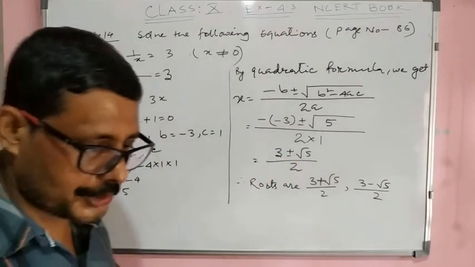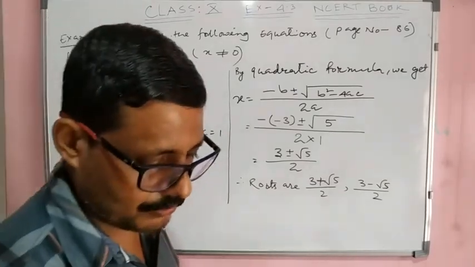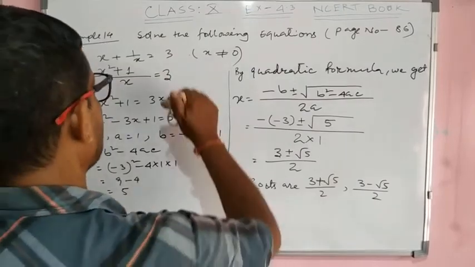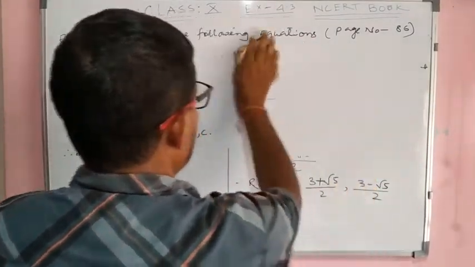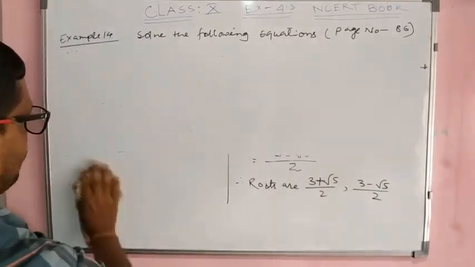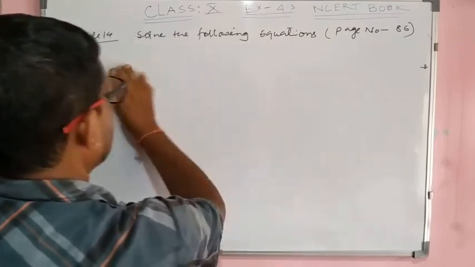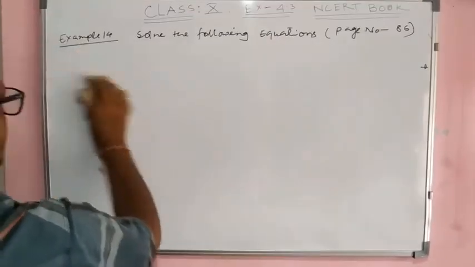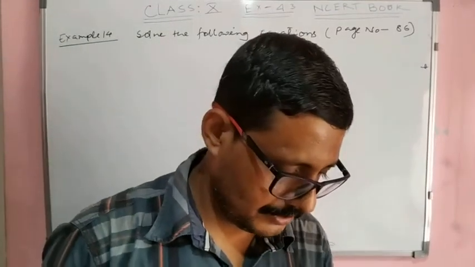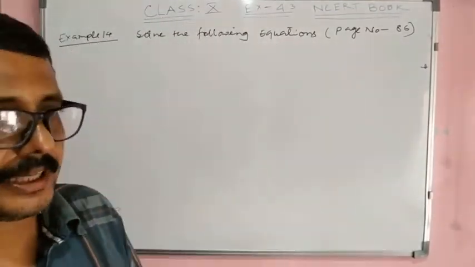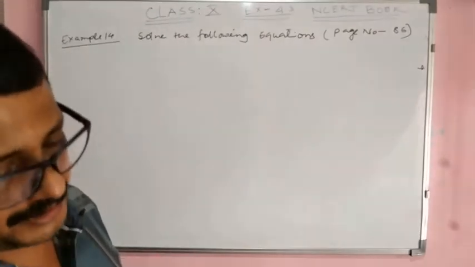So this is example 1. Now you see example 2. This is also a very important question. We should remember, if the discriminant is a perfect square, then definitely we can apply the factorization method. Otherwise we cannot adjust the middle term factorization. So always, before solving any quadratic equation, at least mentally try to check the discriminant.